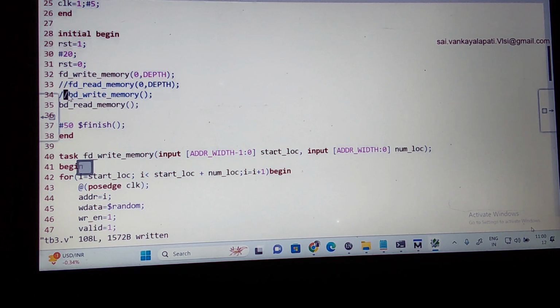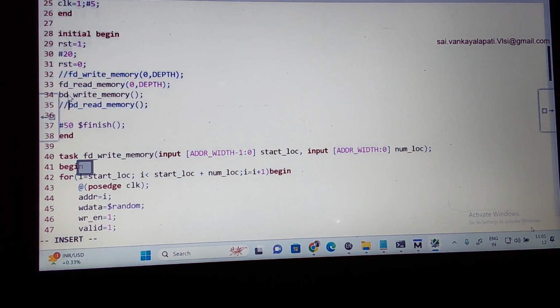How to do that? I should enable this, right? This system task I should call. Sorry, backdoor write and backdoor read, or backdoor read and backdoor write. So what happens in this case is, backdoor read means this is a file I have,